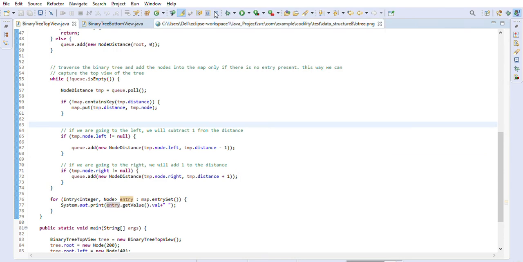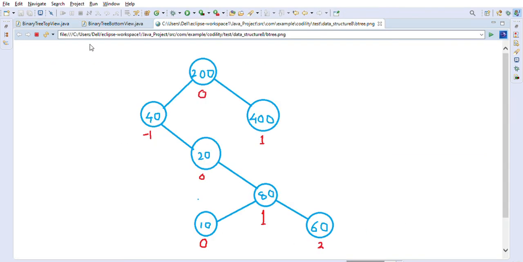So another question we want to discuss for the same tree is, now we are standing at the bottom of the tree and we are looking from the bottom upwards at the tree. What will we actually be seeing? That is called a bottom level view. In that case, it is almost similar to the top level view implementation. The only thing is, in the top level view implementation, whenever we find a key in the map, for example if we find a 200 key for the 0th key, then we will not override it with a 20 node, or with a 10 node.